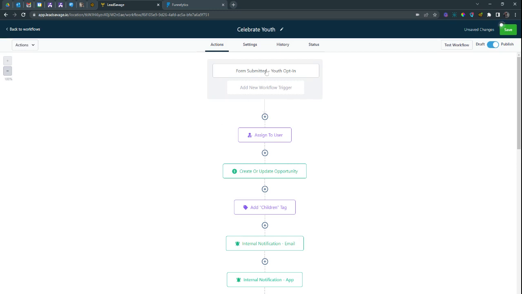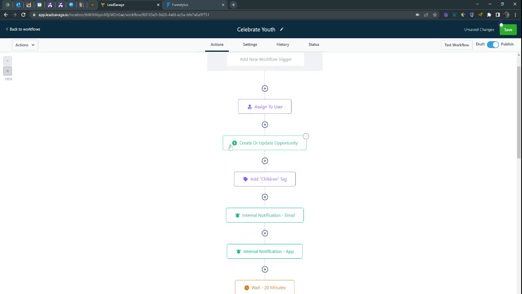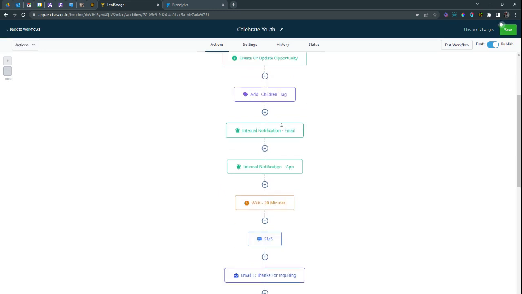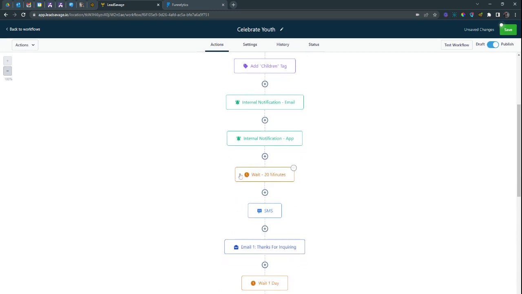So when someone fills out the form, they are redirected to the schedule page. They're also assigned to you as a user. There is an opportunity created in your pipelines so that you can track your follow-up efforts with that client. We add a tag, whether it be children, boudoir, realtor, families, whatever it may be. We will notify you by email and mobile app, and then the lead will sit in a wait period for